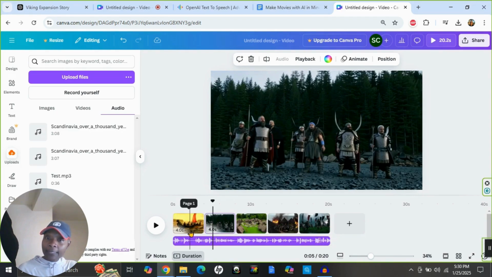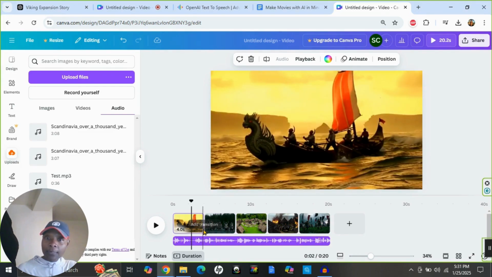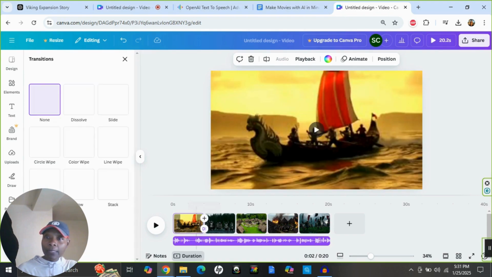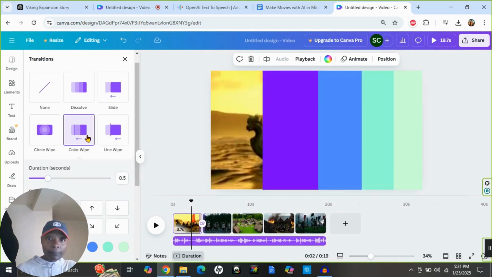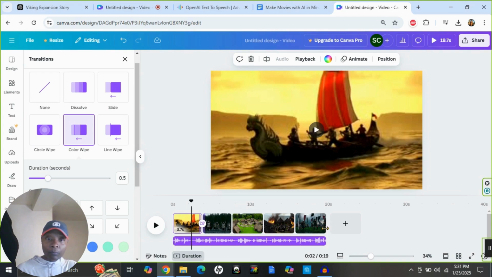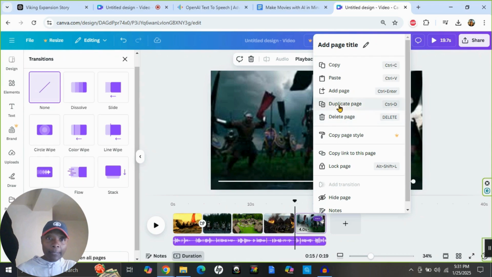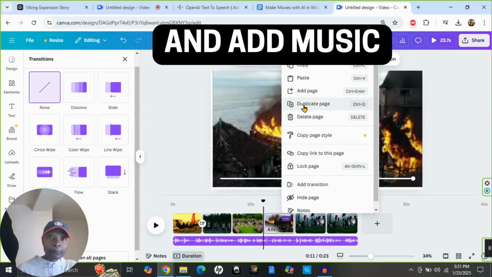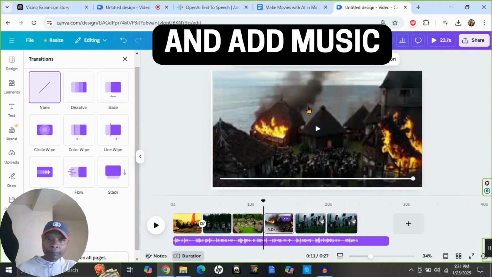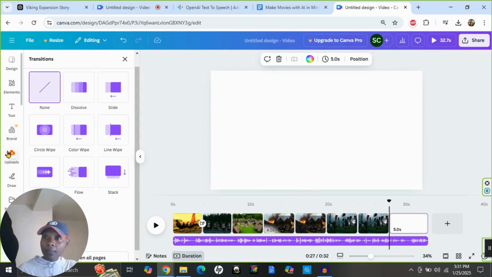So for instance, you could split the clip if you want. You could add different transitions. You could duplicate clips if you want to make it longer. Right? And ultimately,